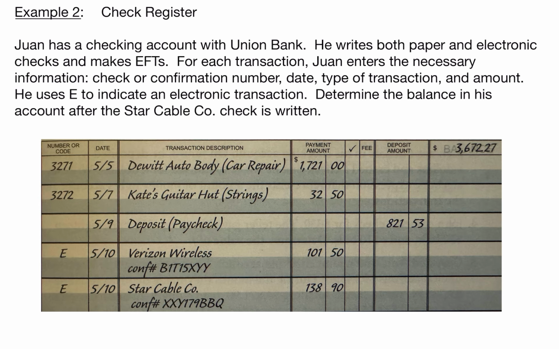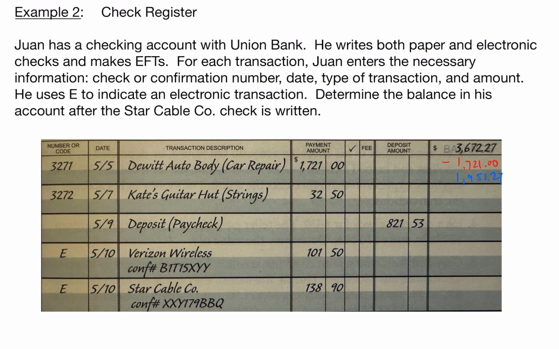Okay, so we would say that we are going to subtract $1,721, and that works out to a total of $1,951.27. Okay, then he also makes a payment or writes a check to Kate's Guitar Hut for strings,